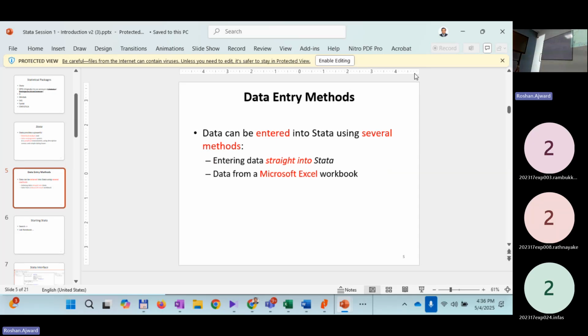What did you do today? Import, right? What's the recommended way? Import. Create it in Excel and import. That's the recommended way. Why? Excel is for the creation of data sets. Then Stata is for statistics and checking. Then we shall go into